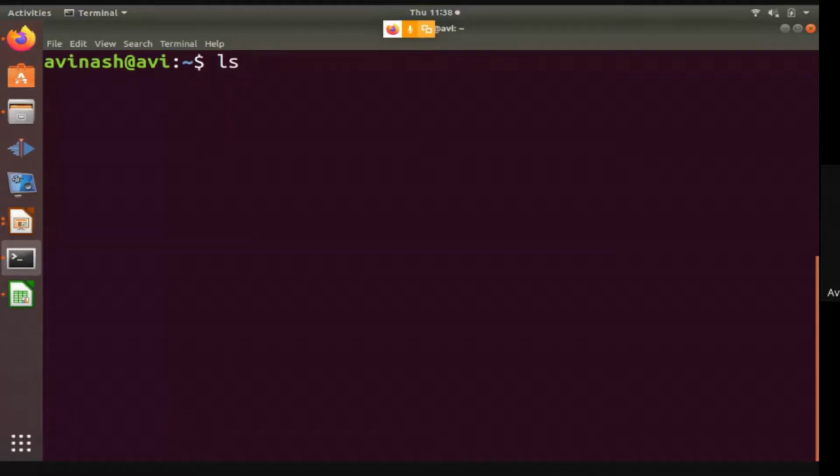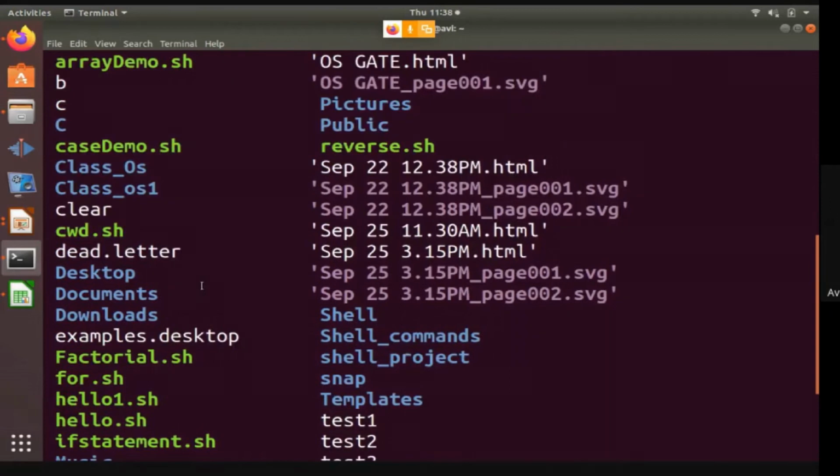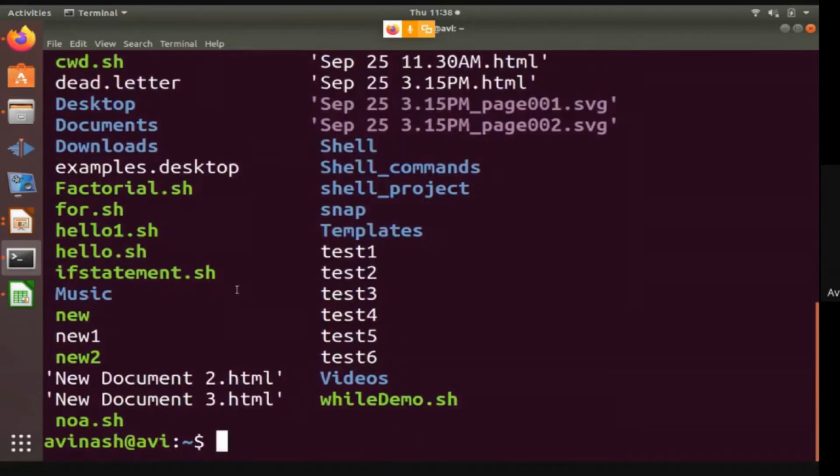Let me show you the output of the first ls command. These are the different files, and now I will show you the output of the hidden files, ls minus a. a stands for all, so it will list all the files in the current working directory, including the system files as well as the hidden files.